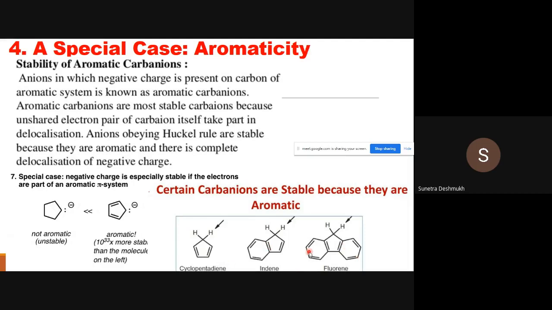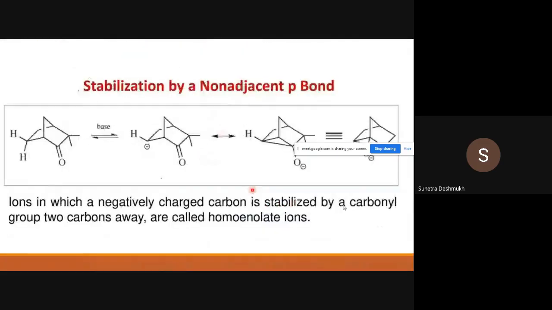So by creation of a carbanion on a particular carbon atom, some non-aromatic molecules can be converted to aromatic moieties. This is a very important point. Okay, the next point, stabilization by a